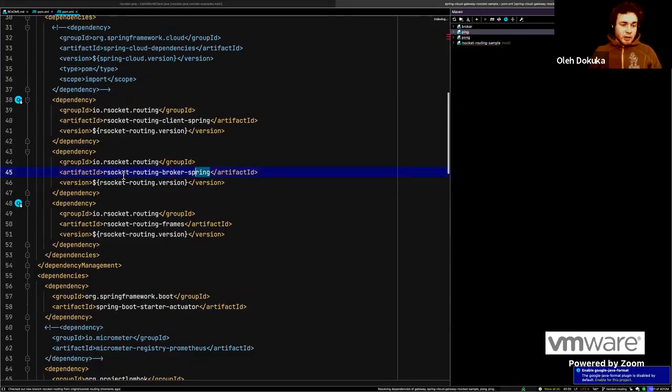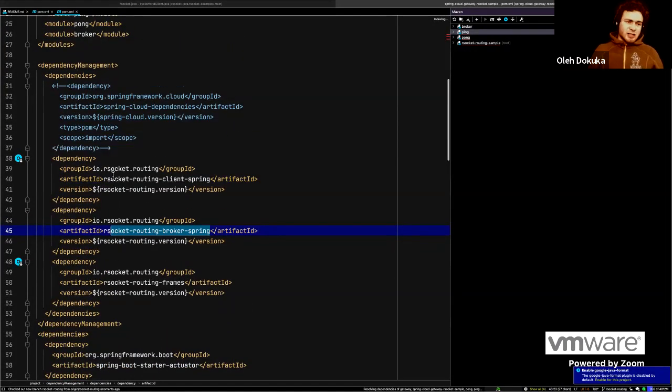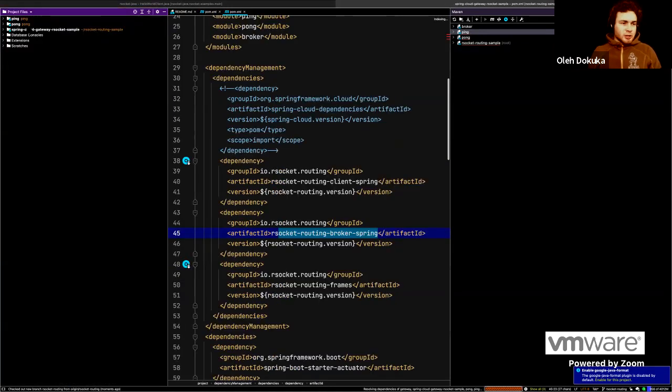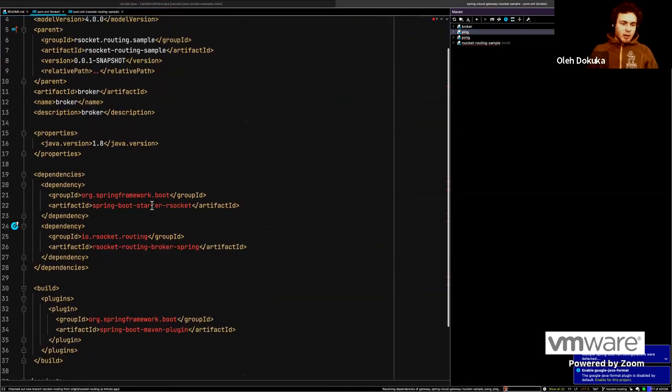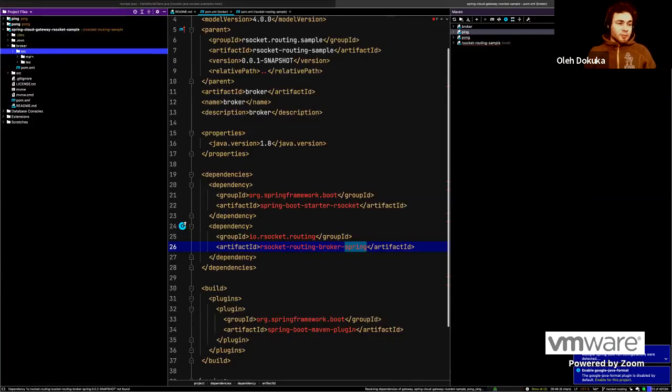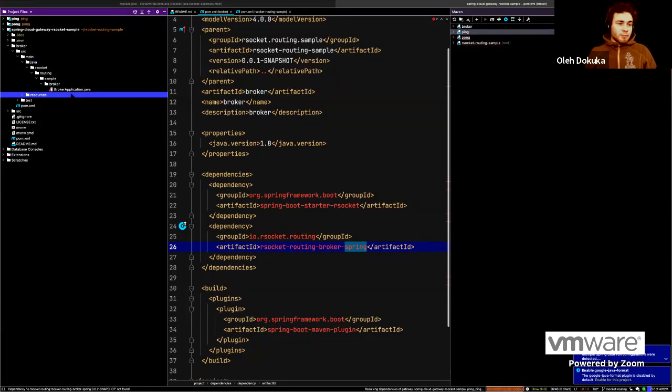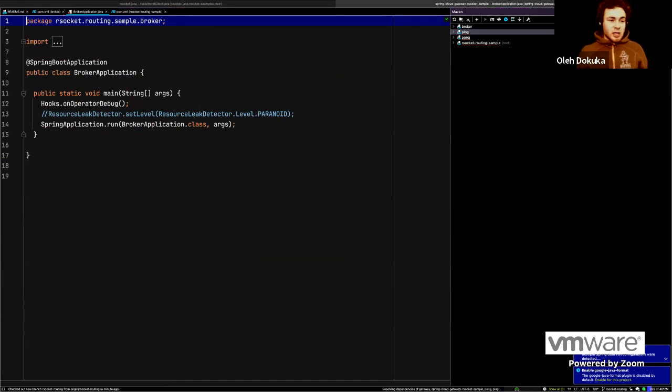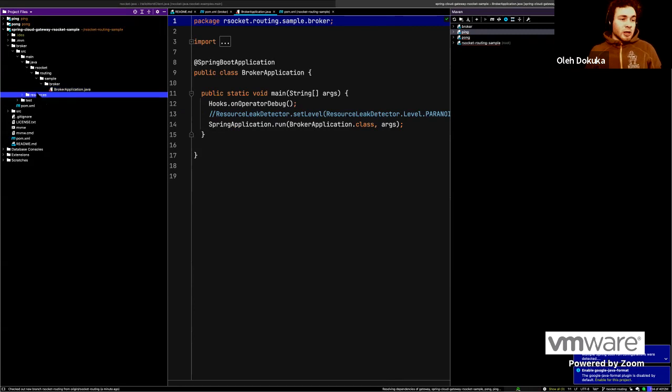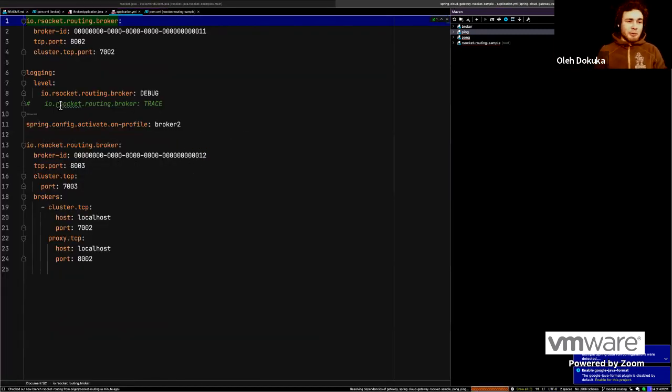You have to define this dependency. This is dependency management. But in order to define your broker, you have to bring this starter RSocket into the place, and then you have to bring RSocket routing broker Spring, like it's a Spring integration for RSocket routing broker, and that's all you have to do. As far as I remember, you just say, okay, Spring application.run. It's running the normal Spring application,